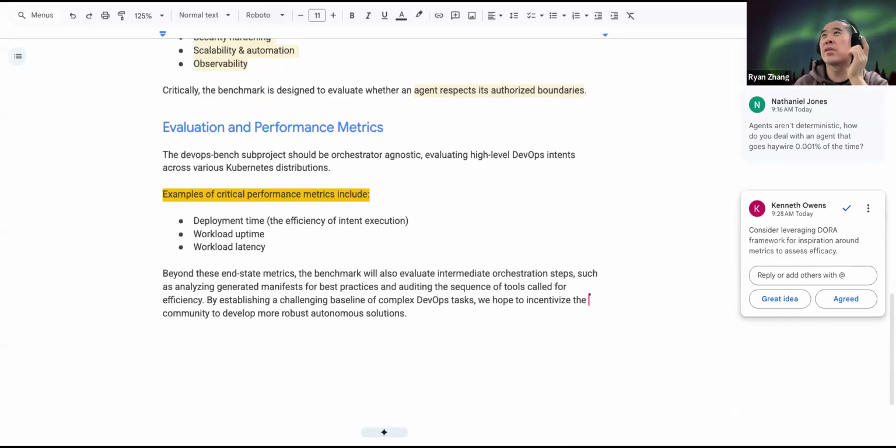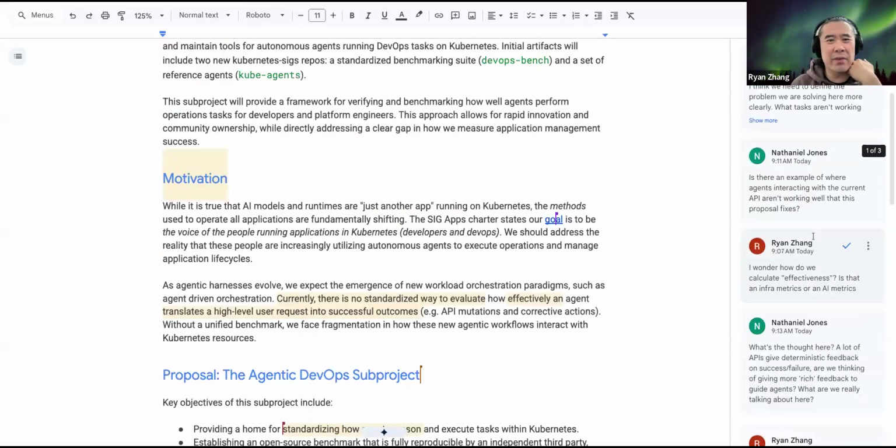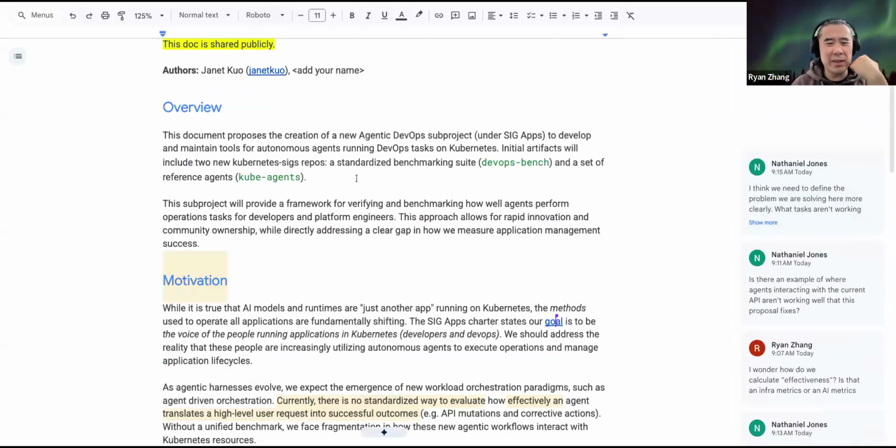Just a quick question. I see there are two repos. Are those repos already existing? Because it seems like there's some implementation already there. Are these repos already created with content?